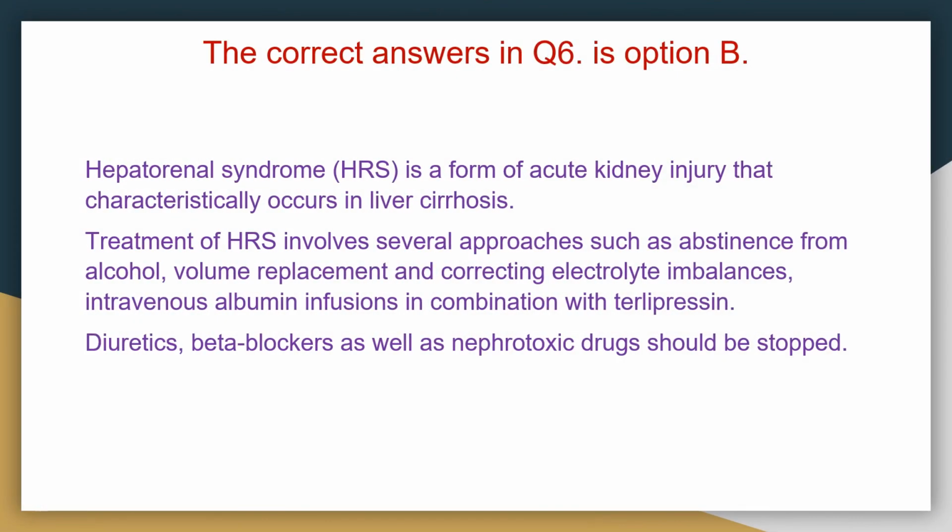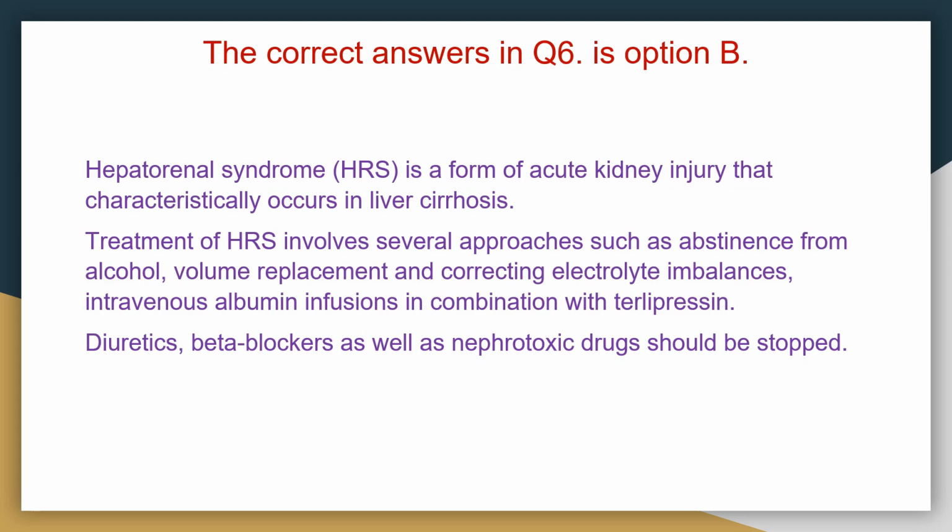Hepatorenal syndrome is a form of acute kidney injury that characteristically occurs in liver cirrhosis. It occurs due to reduced renal perfusion and overactivity of endogenous vasoactive systems. The treatment of hepatorenal syndrome in patients with alcohol-related cirrhosis involves several approaches aimed at managing both the liver and